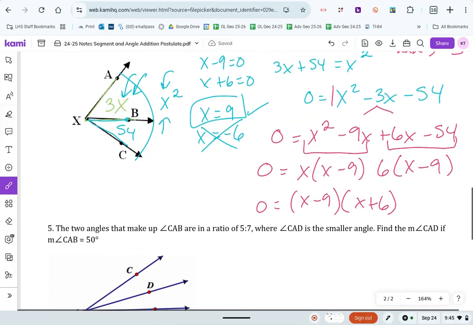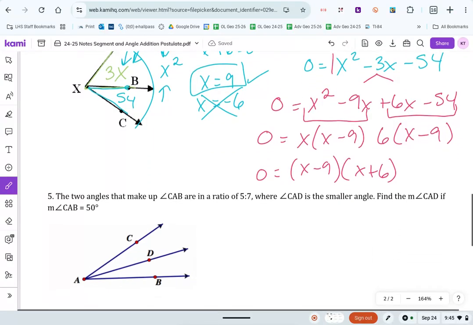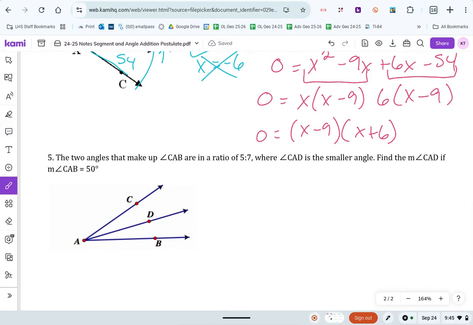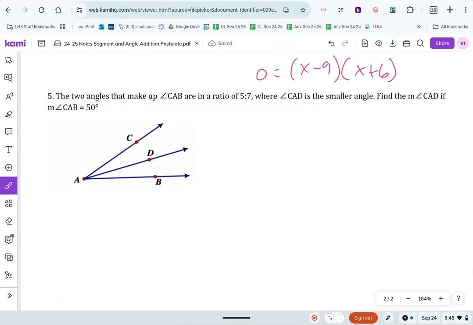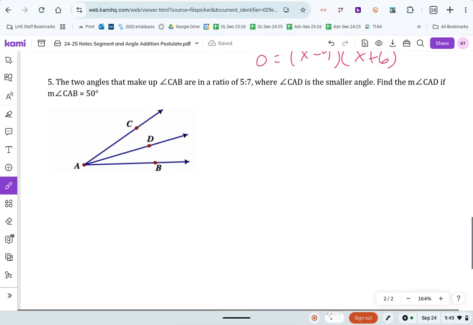Okay. I'm going to let you guys think about number 5 for a minute and try and problem solve it, and then we'll talk about it together. So the person who's wearing the brightest outfit today gets to read this one out loud. Ready, go. The two angles that